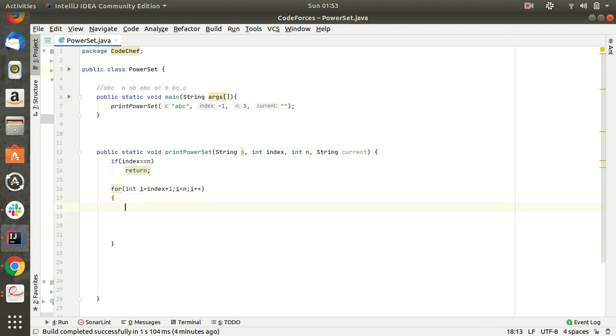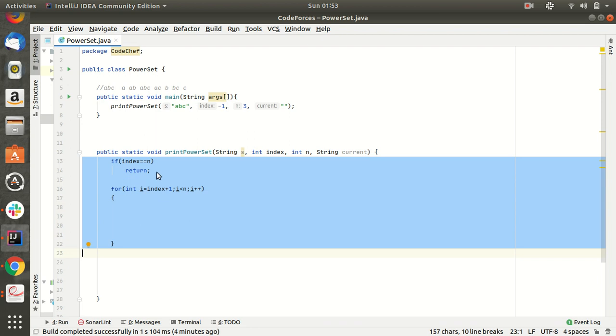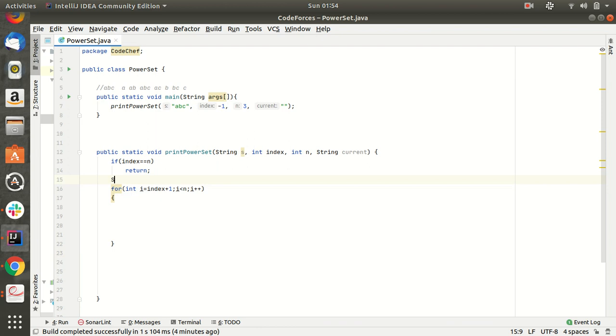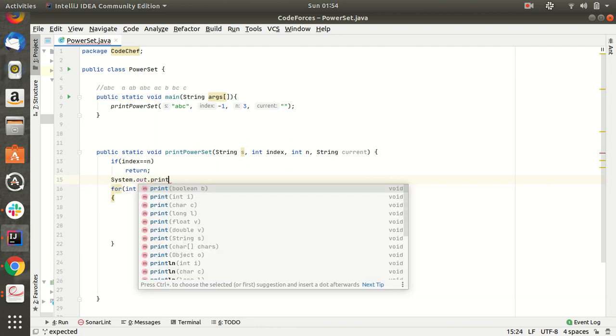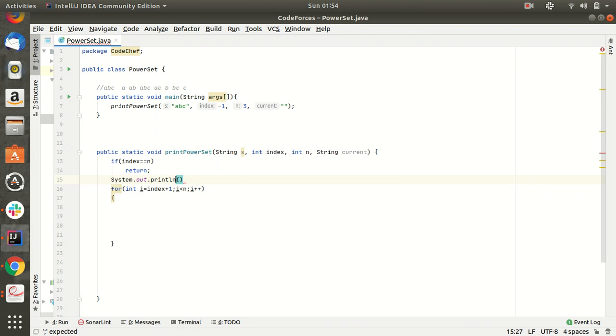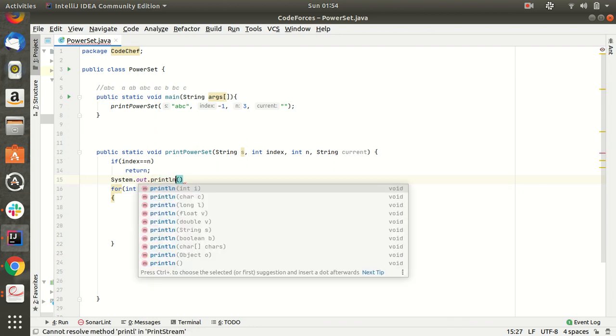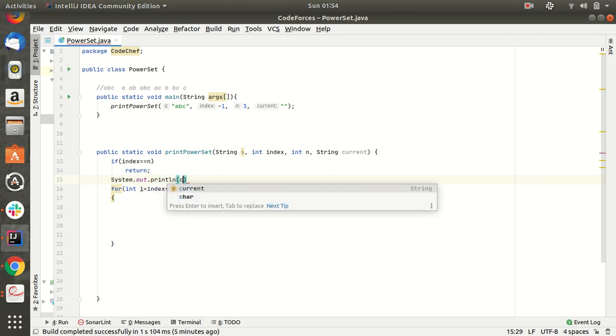Now we can call the print power set function. Initially, if index is equal to n, our function will return. But if that is not the case, we print the current string.